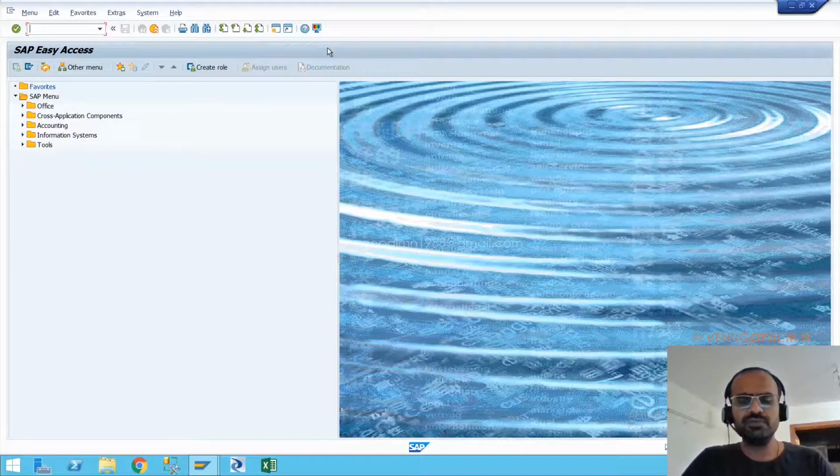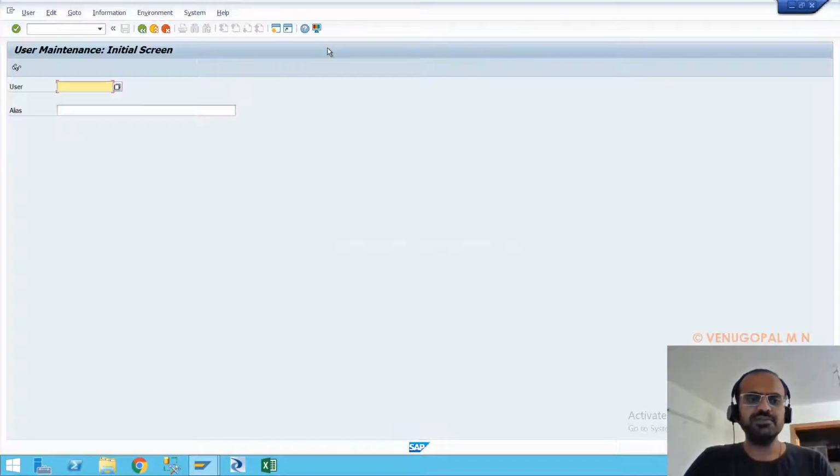So once you log into the SAP GUI login screen, you have to go to SU01D. The T code name is SU01D. Okay. So when you go to this particular T code, here you can see the T code is meant for user maintenance. But this particular T code is used to display the user details. You cannot maintain any data, okay? This is only the display access. Mostly everybody who is having access to SAP will have authorization to this. But again, it depends on your company's security protocol and profiles. Sometimes they may restrict in productive environments.